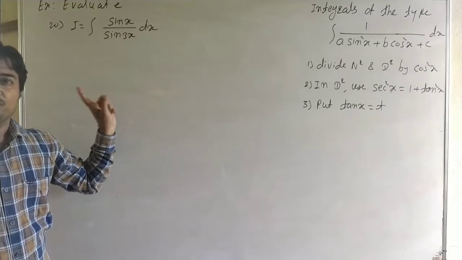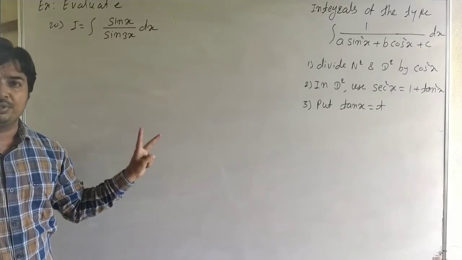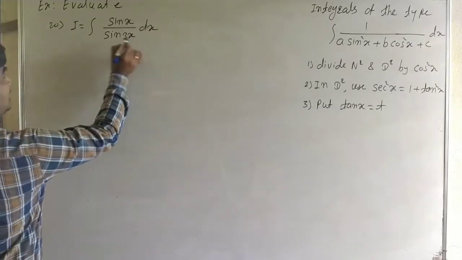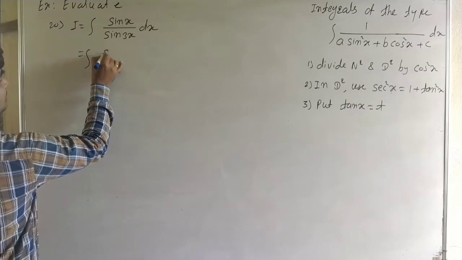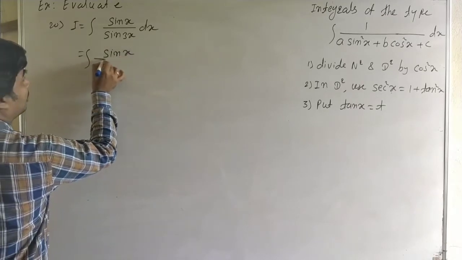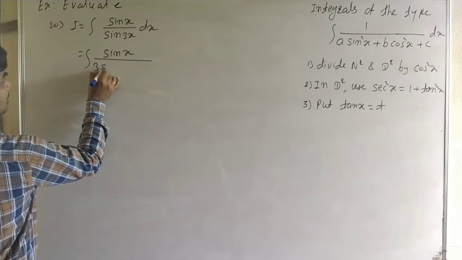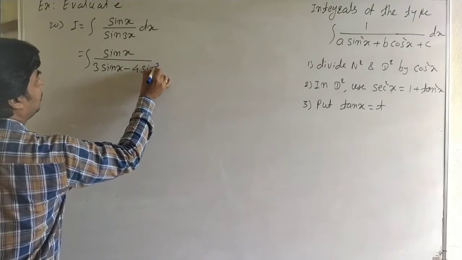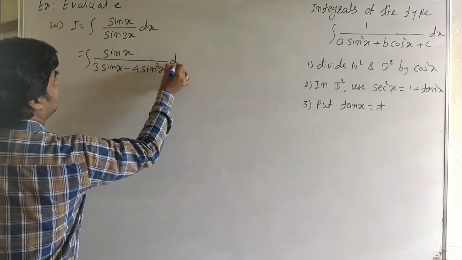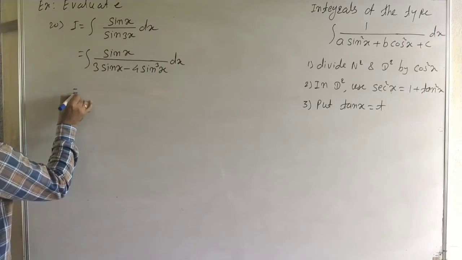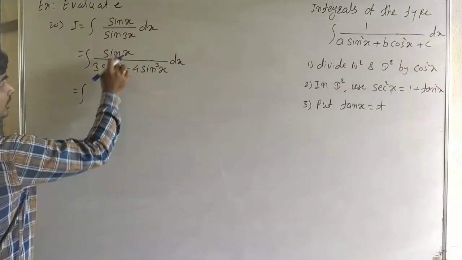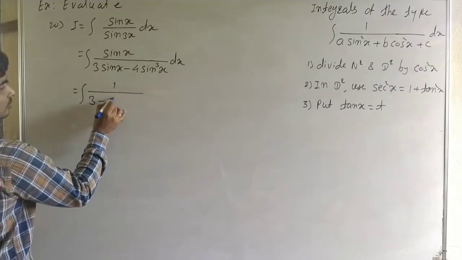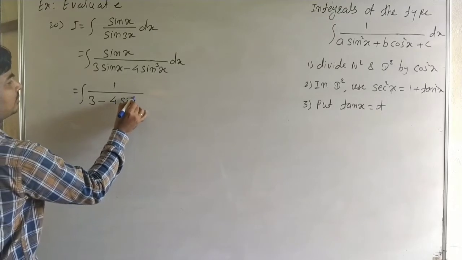Remember 3 steps. First, if it is not our type, try substitution, and if there is no substitution, then simplification. Here we use simplification. It is sin 3x, we use the trigonometric ratio of sin 3x, that is, sin x upon 3 sin x minus 4 sin cube x dx. It is the formula for sin 3 theta. Then sin x common, and the numerator sin x cancels. It is 1 upon 3 minus 4 sin square x.